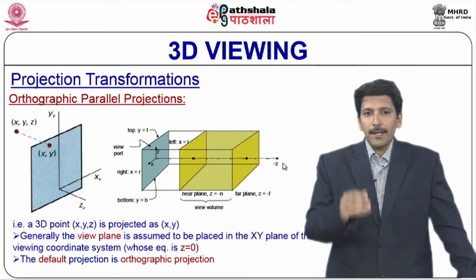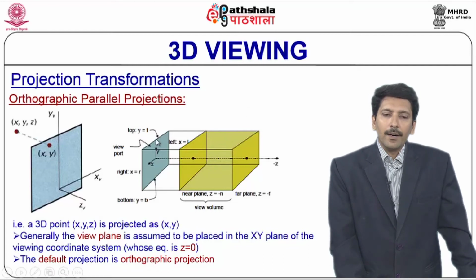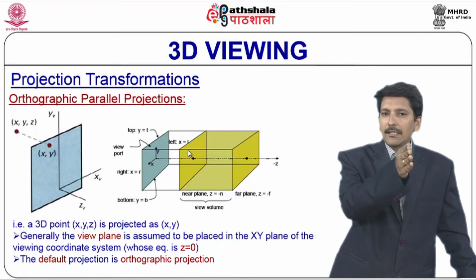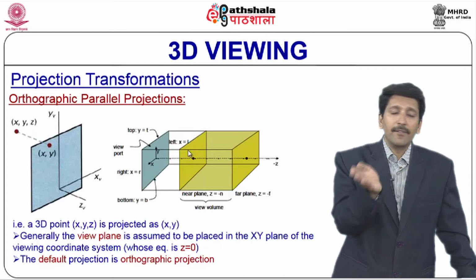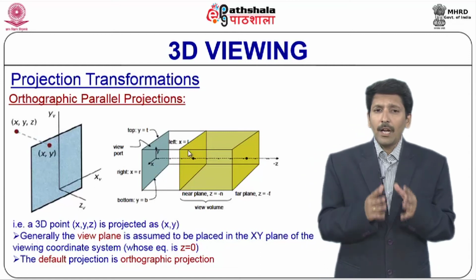Again, this is the view plane onto which the objects will be projected. The objects inside the box will be considered, and the objects outside the box will be discarded. Now, the viewport can be considered to be on the front face or the back face of the near plane. It might be aligned with the near plane, or the view plane can be anywhere inside the box, as you can consider. That is the thing here.